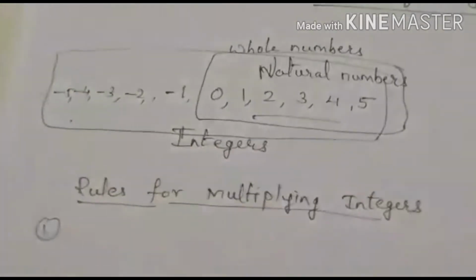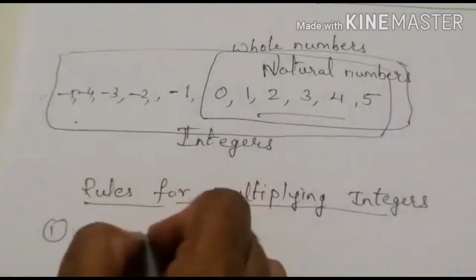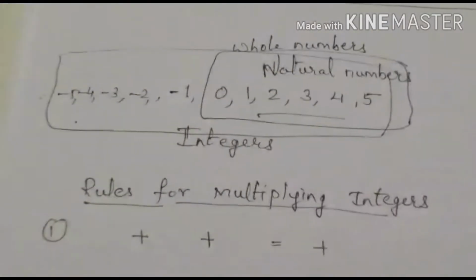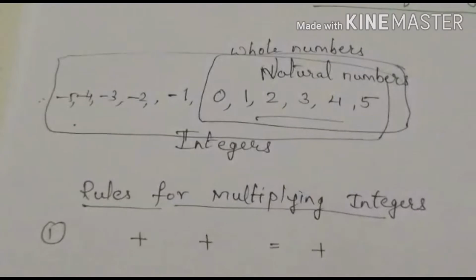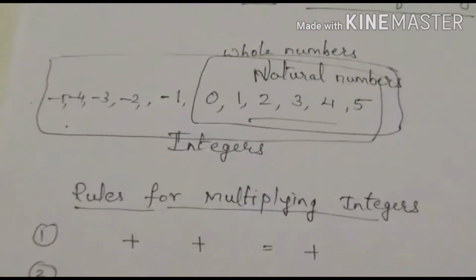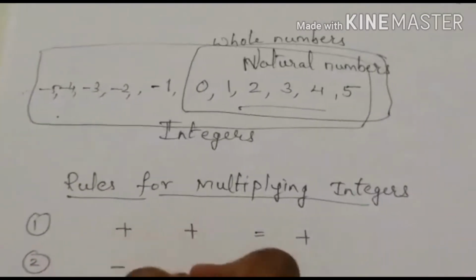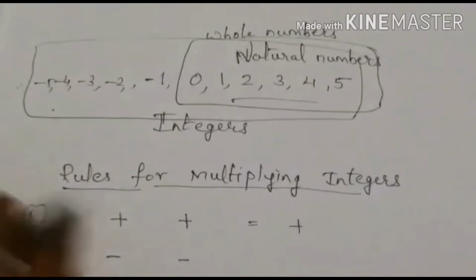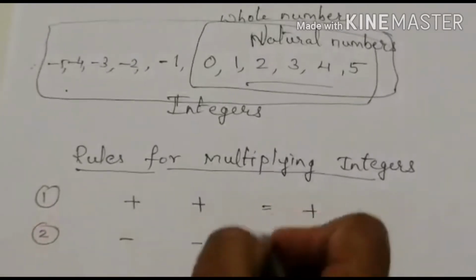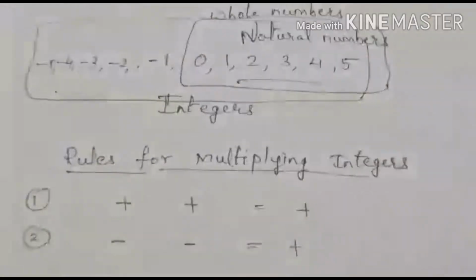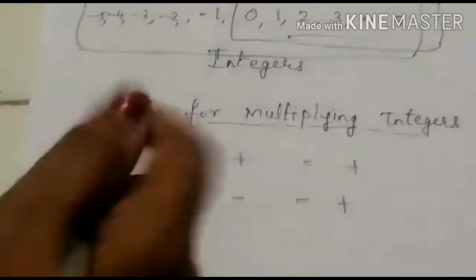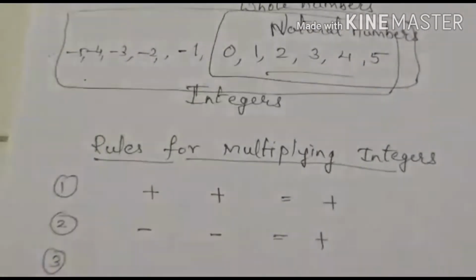First rule, plus plus is plus. Second rule, if two numbers are having a negative sign, then minus minus will become plus. This is the second rule. Come to the third rule,